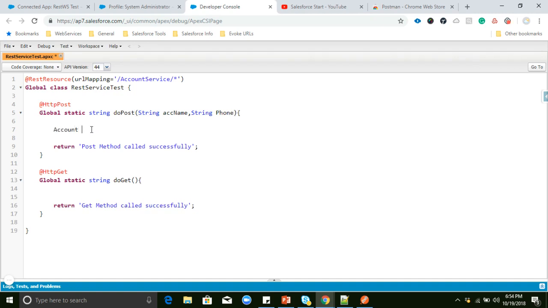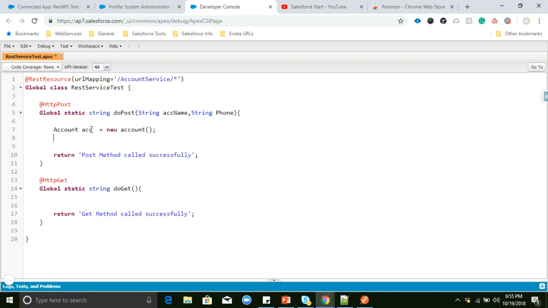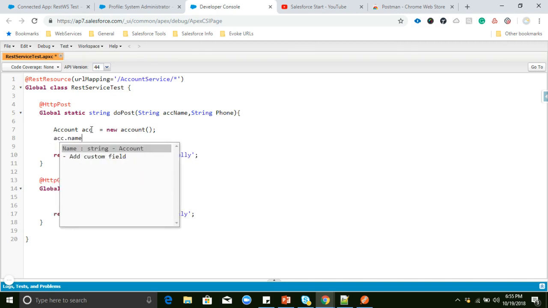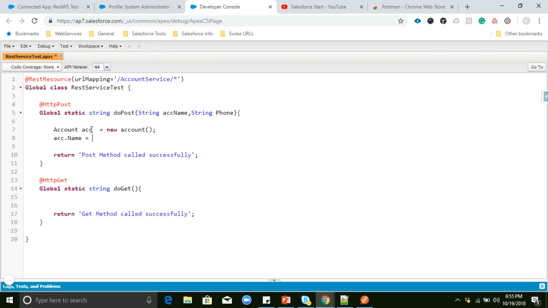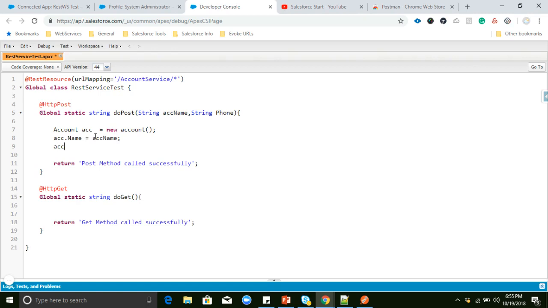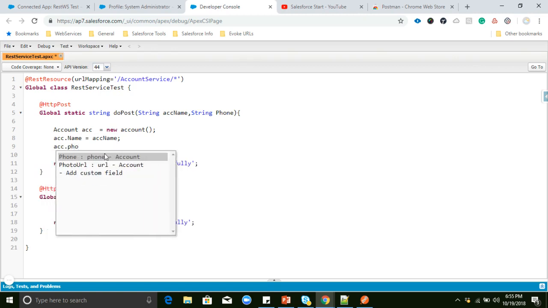We will insert those data, adding the body here, so this is dot phone equal to.